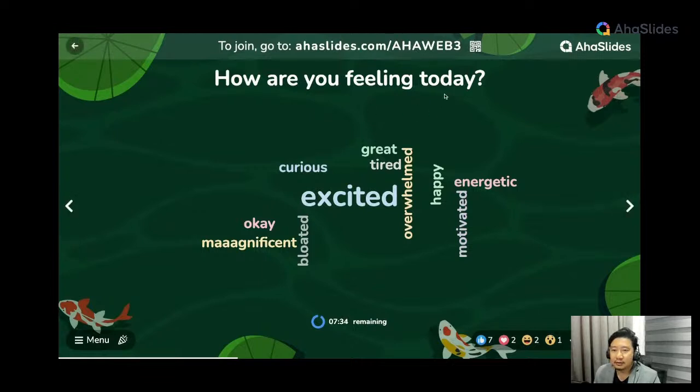And this is two things. One is it's a conversation opener. If your team feels happy, you can tell. If someone feels tired, you can also tell. And if someone doesn't feel so good, bloated, you can also tell, right? And the reason why this is a safe space is because it's fully anonymous. You can see there's no name here. And if the words are bigger, it usually means that more than one person said that, right? So words that are more commonly spoken or highlighted tend to be bigger. So you can get a quick sense about your team.